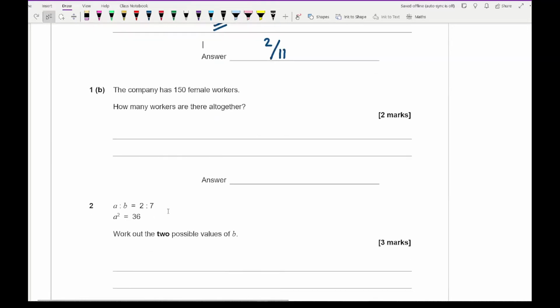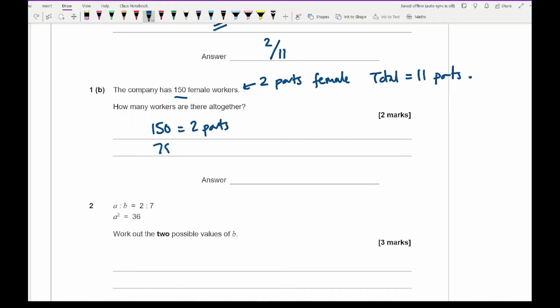Moving on to B, it says that the company has 150 female workers. How many workers are there altogether? So we know that the 150 equals 2 parts. And there are 11 parts, so 2 parts are female, and there are a total of 11 parts. So if 150 equals 2 parts, then 75 is going to equal 1 part, and then 11 parts are going to be 11 times 75, which gives me an answer of